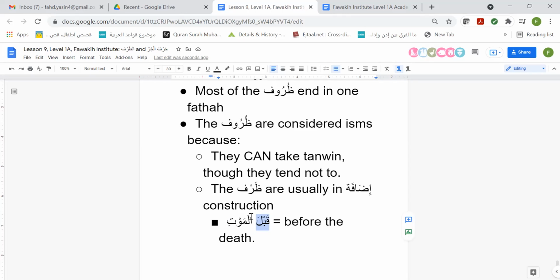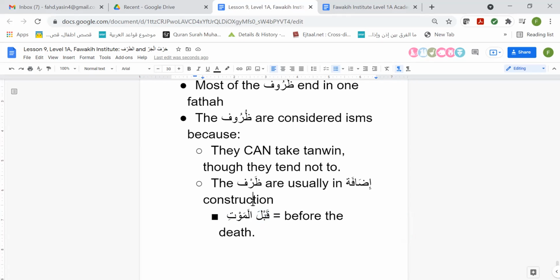That would be an incorrect conclusion, because this is considered to be in an idafa form. Now remember, in an idafa form, just like I said before, to give a summary of it, the mudaf ilay is always in the state of jar, right? However, I'll put it here.